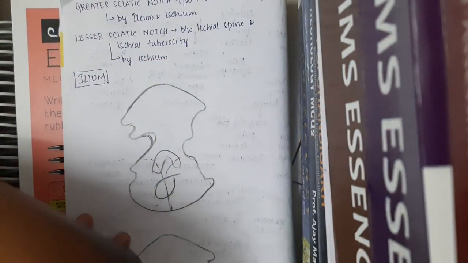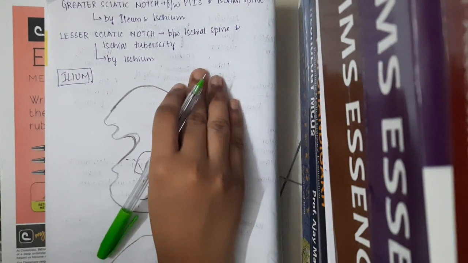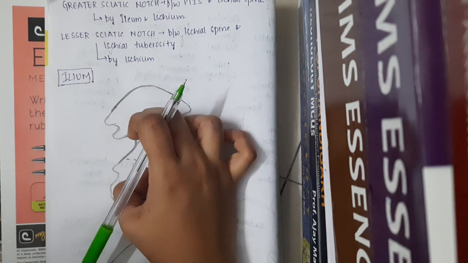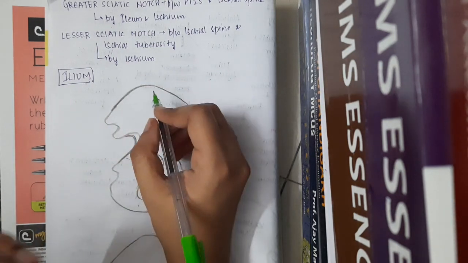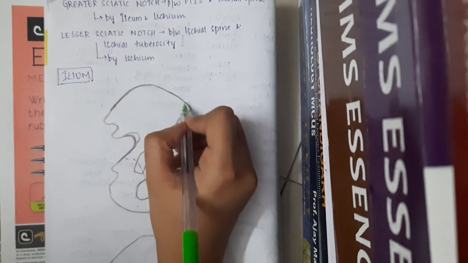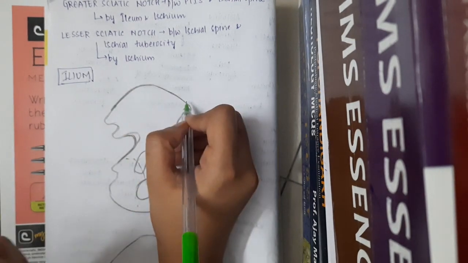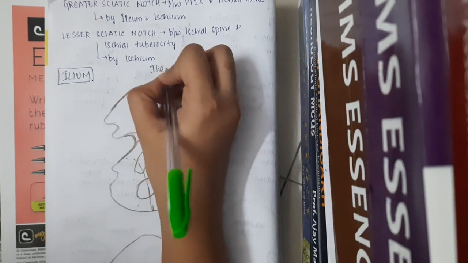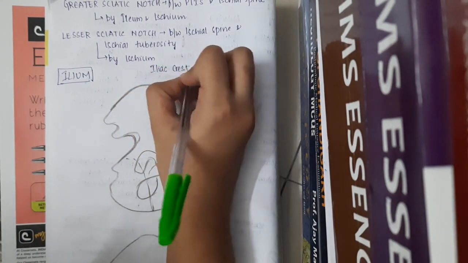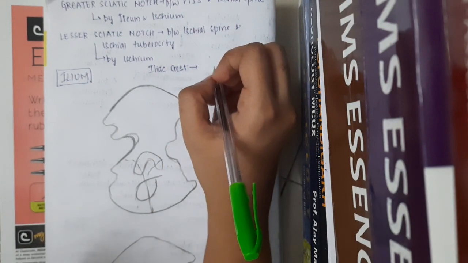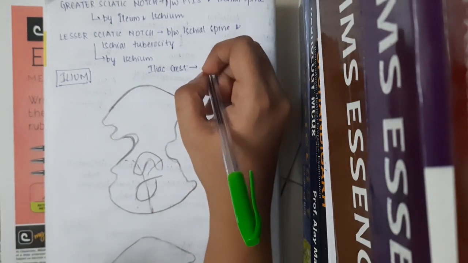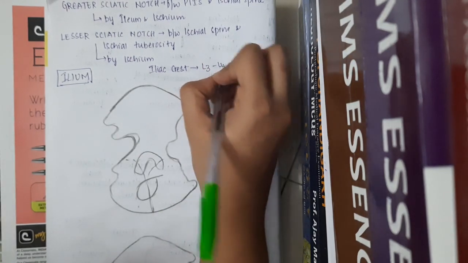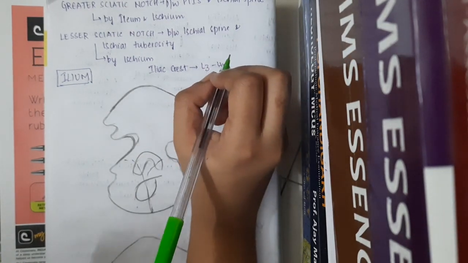In the ilium, if you see, the ilium has an upper end and a lower end. In the upper end, it is represented as a curved part, which is called the iliac crest. One important one-liner about the iliac crest is at which level do you see it? The iliac crest is found at the level between L3 and L4 vertebrae. Okay, so that is about the iliac crest.